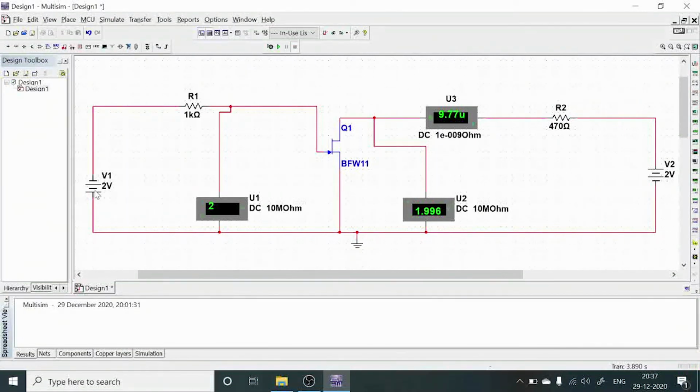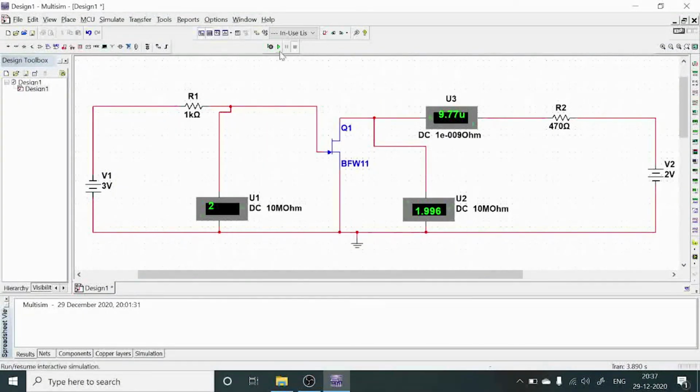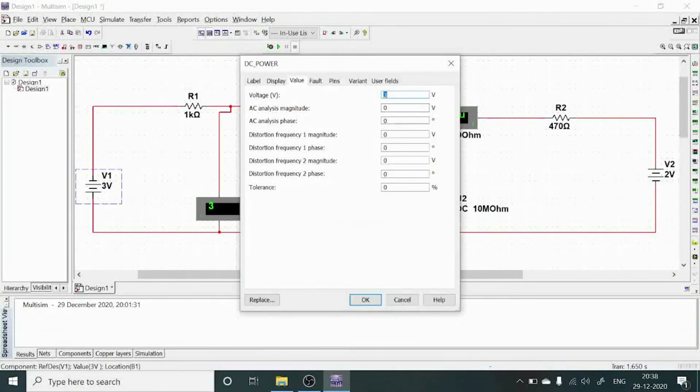Then again change from this 2 volts to 3 volts. Then select OK. Then simulate here. Now verify this drain current as well as gate to source voltage. Then stop the simulation. Then change 3 volts to 4 volts.